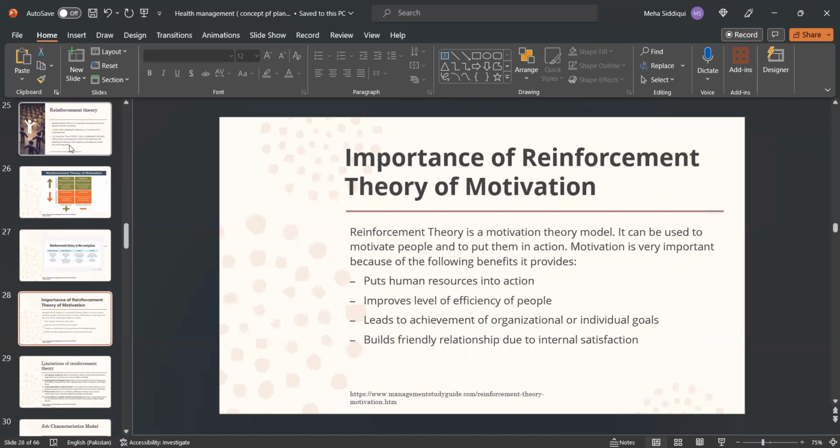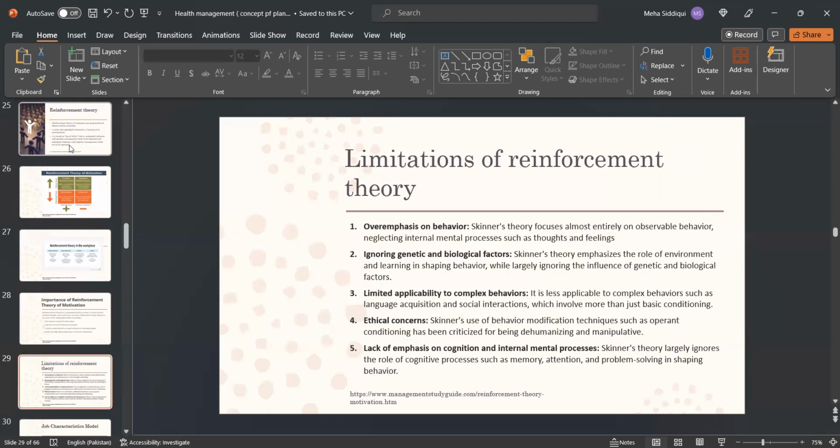Motivation is very important because of the following benefits it provides. Puts human resources into action, improves level of efficiency of people, leads to achievement of organizational or individual goals, builds friendly relationship due to internal satisfaction. Limitation. Overemphasis on behavior, ignoring genetic and biological factors, limited applicability to complex behaviors,